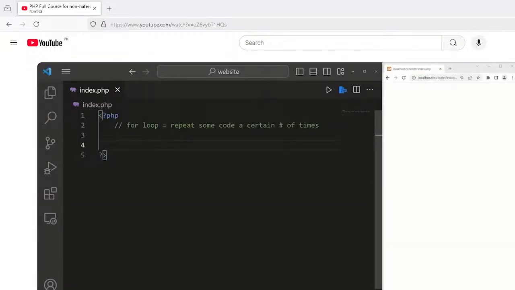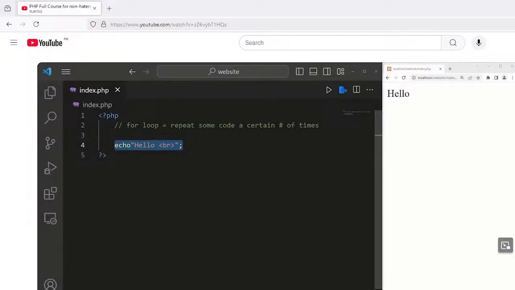Hey everybody, in today's video I need to explain for loops. A for loop will repeat some code a certain amount of times. For example, I will display the word hello. Hello, then I will add a line break. I can write code once, then repeat it how